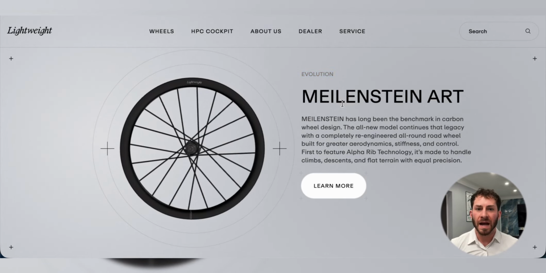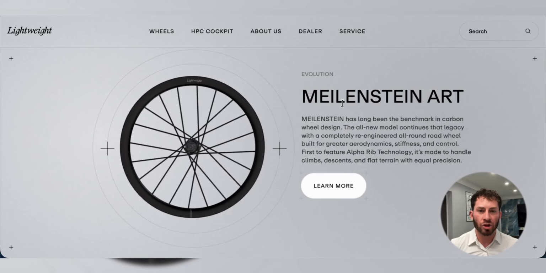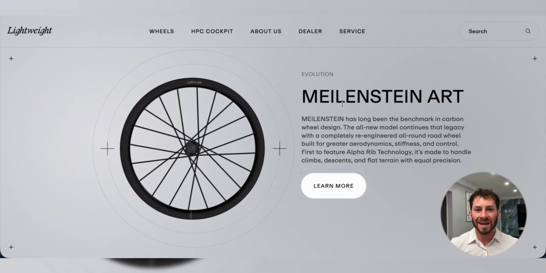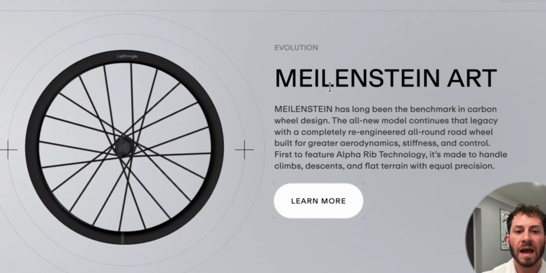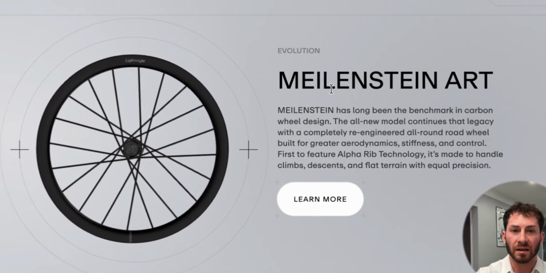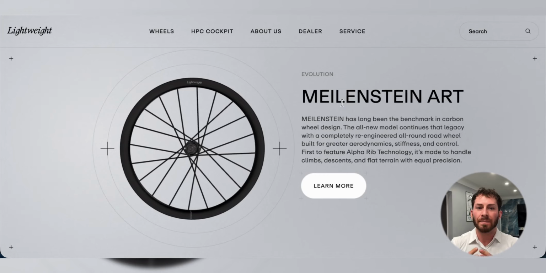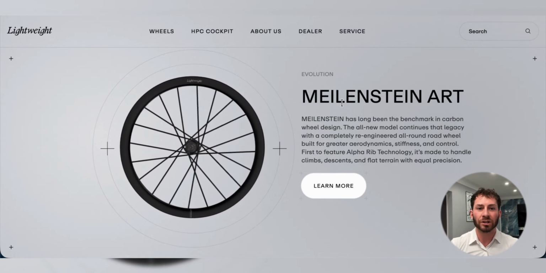The text describes how this new product has been completely re-engineered for better aerodynamics, stiffness, and control. Once again, the structure is the same. Headline, short paragraph, and now finally, the CTA. The repetition gives the page a steady rhythm. Each section tells a piece of the brand's story. So when you understand this structure, recreating it becomes a matter of plugging in your own copy and images into